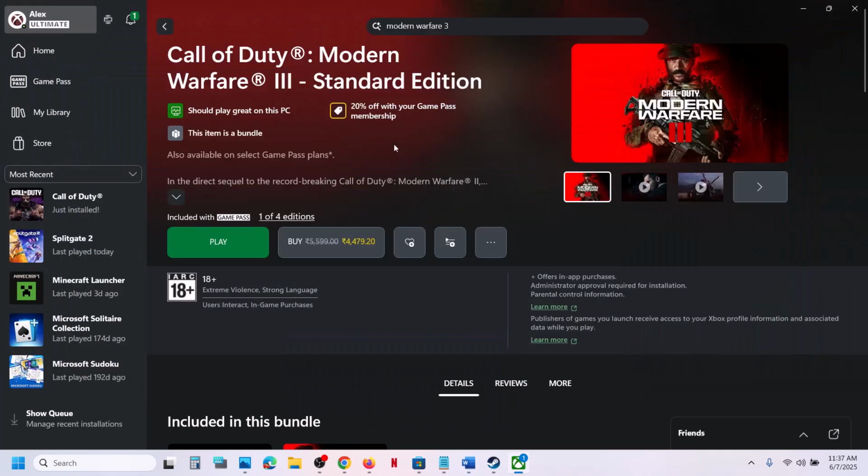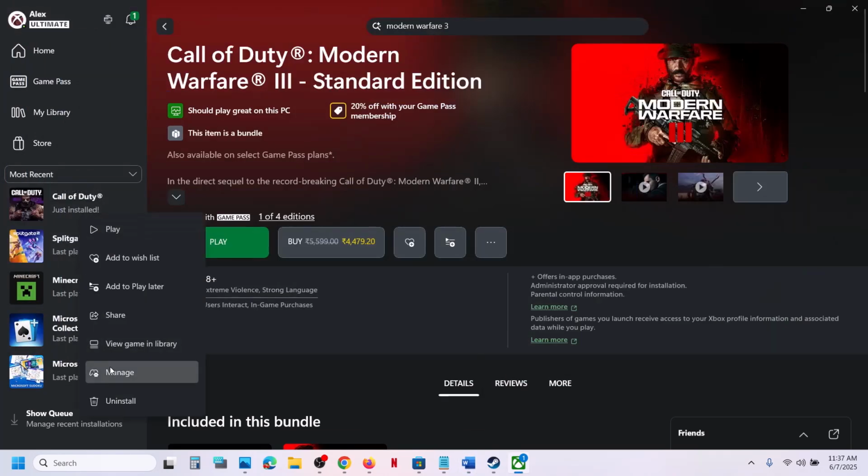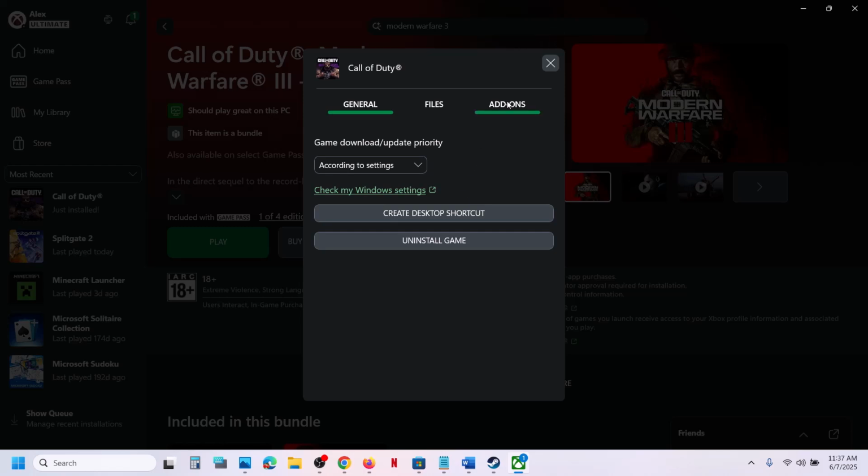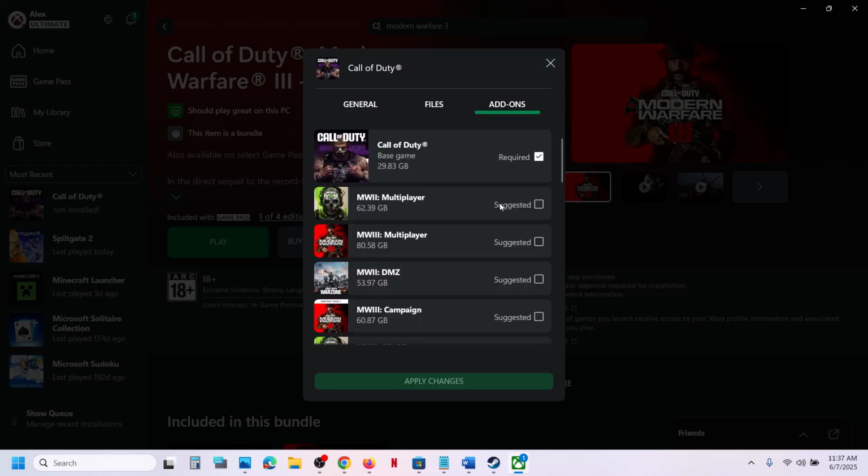Now for this you can go to Xbox app, make a right click on the game, go to manage and then click on add-ons over here. Now once you go to add-ons, make sure that you select all Modern Warfare 3. So if you see Modern Warfare 3 multiplayer, make sure that you put a check on Modern Warfare 3 multiplayer. This has worked for many players. So check everything that says Modern Warfare 3 and then hit apply changes and install it,